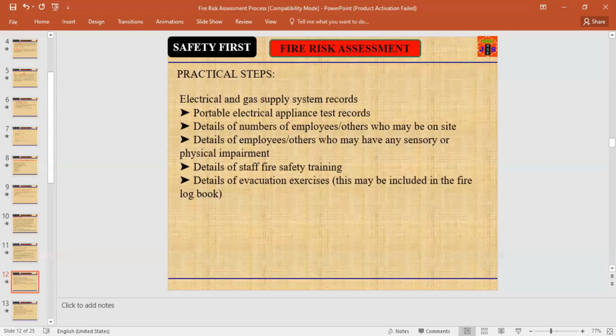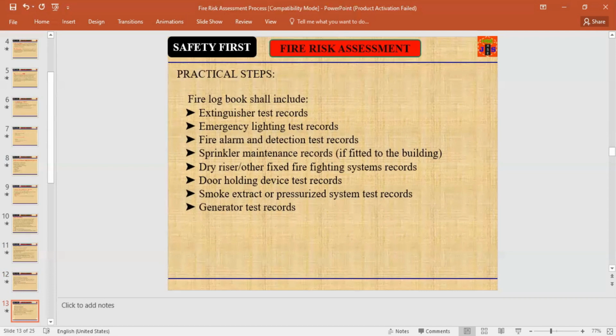This may be included in the fire log book. Do you know what might be the possible contents of fire logbook? Fire logbook shall include extinguisher test records, emergency lighting test records, fire alarm and detection test records, sprinkler maintenance records if fitted to the